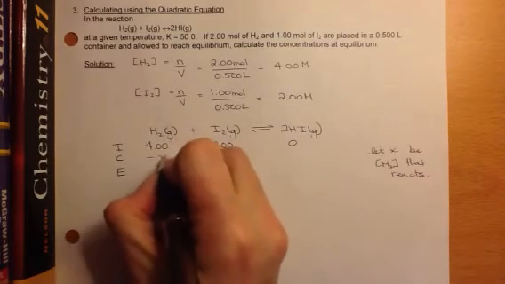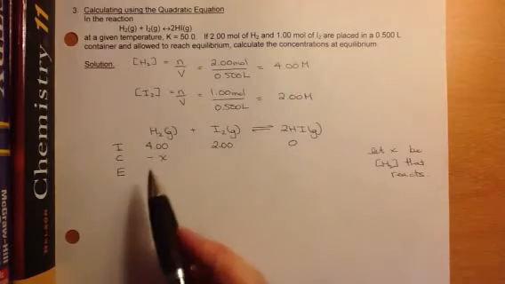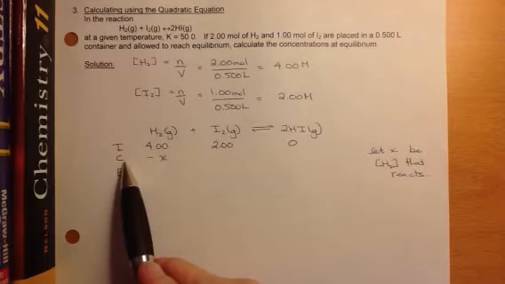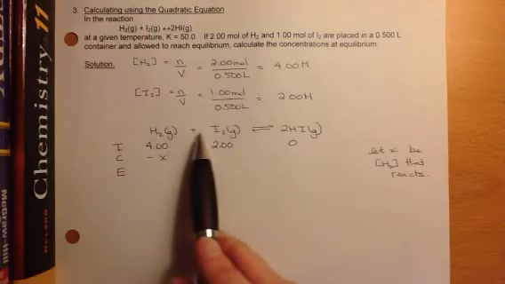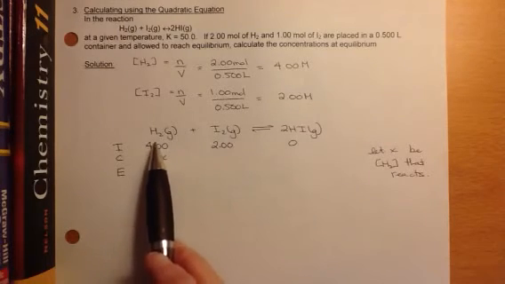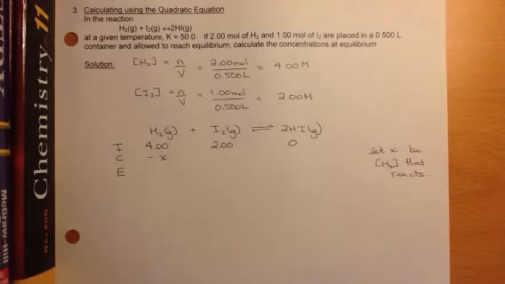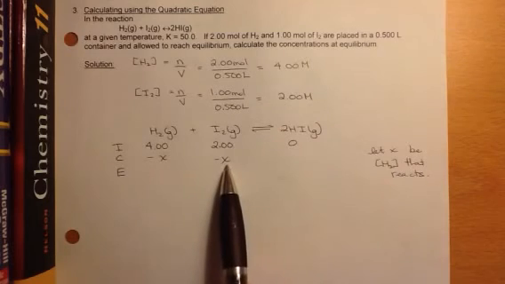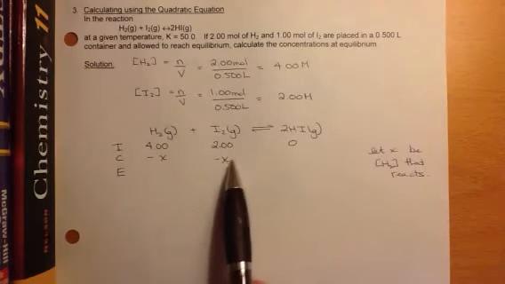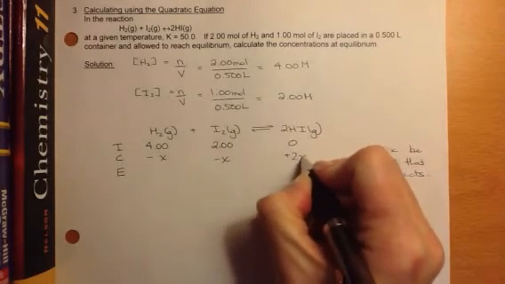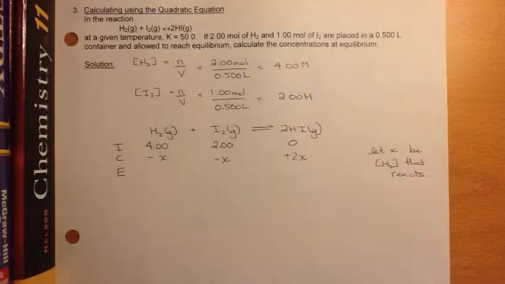So that means we're going to have a minus X value for the hydrogen, because that is the amount that is going to react. As soon as we know anything in our change row, then we can use the ratio from the balanced chemical equation to get the values for the other substances in the reaction. The ratio between the hydrogen and the iodine is a 1-to-1 ratio. So therefore, we are going to have X amount of iodine reacting. The ratio is a 1-to-1-to-2 ratio, so that would mean that we would have 2X of the hydrogen iodide being